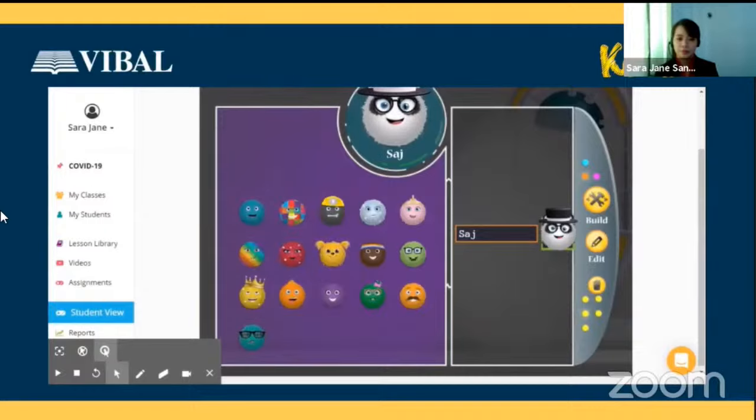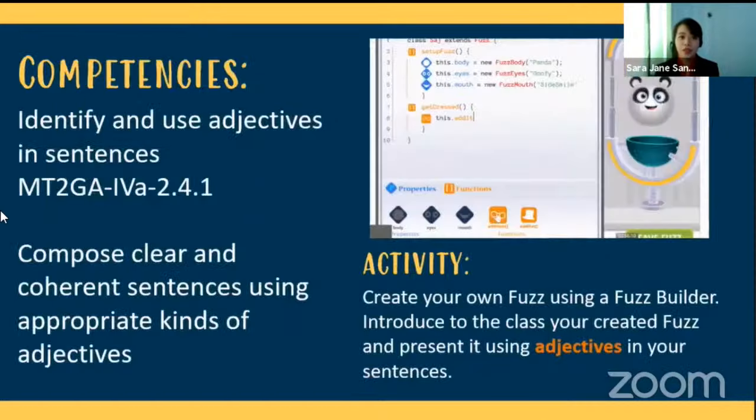So, pwede to sa English and then pwede rin to sa Filipino. Okay, so that's Codable. But aside from building the fuzz, madami pa mga other activities na nandun sa Codable dashboard ni teacher when you log in. So one example that I gave here is for teaching adjectives.